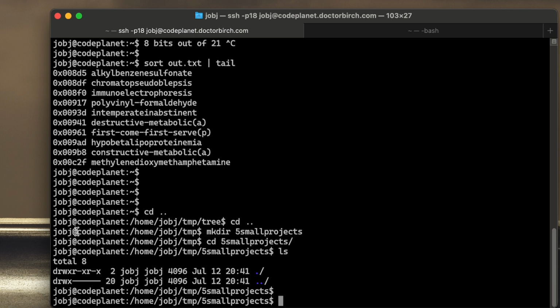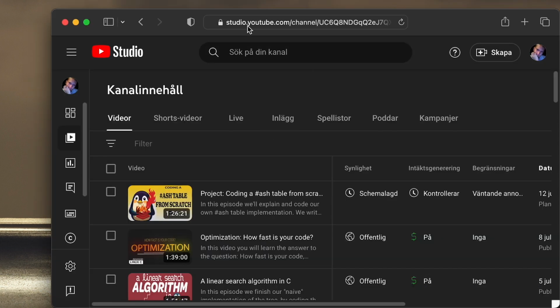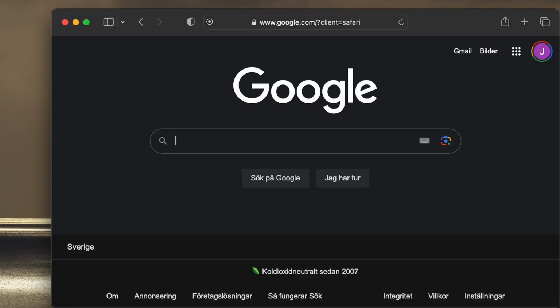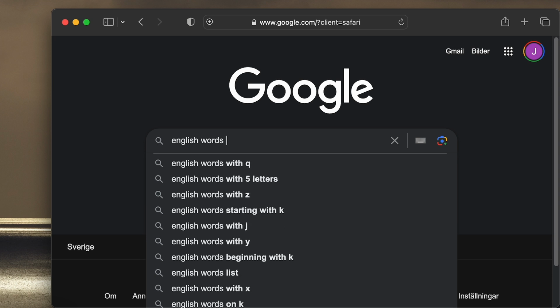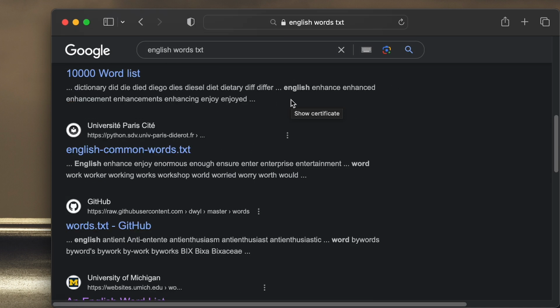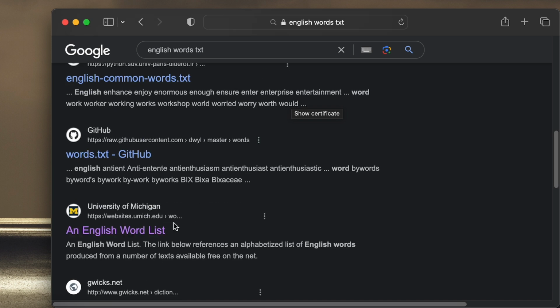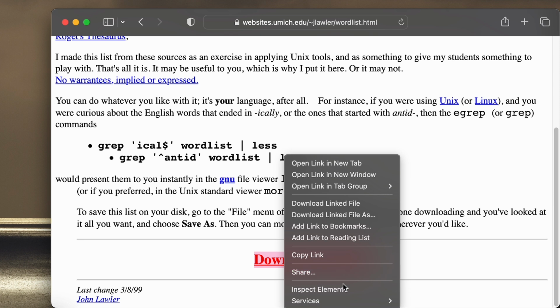So let's begin by going to Google and searching for English words txt, and we scroll down to this one, University of Michigan, and then we download this link right here. Copy link,